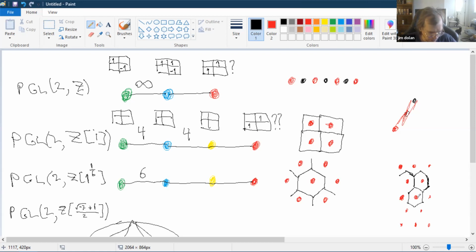So I have one other silly thing to say, as if these weren't already hard enough. I believe you can copy this stuff with quaternions, with what they call orders in the quaternions. You did hint at subrings earlier. So there is a nice supply of subrings of the quaternions that you could do PGL2 over, and then I think those should be